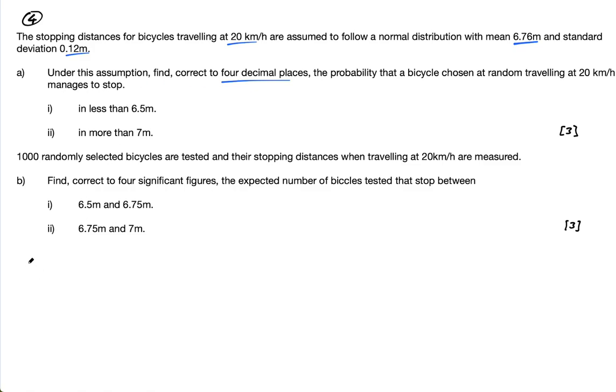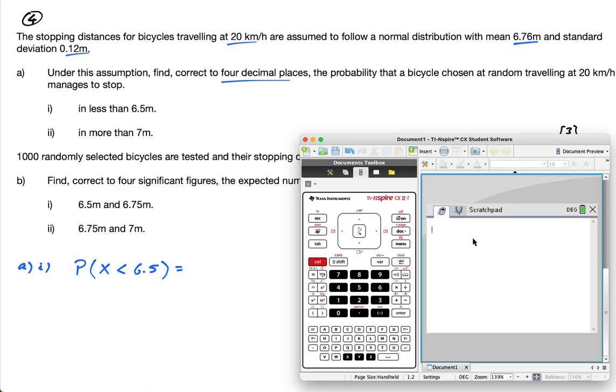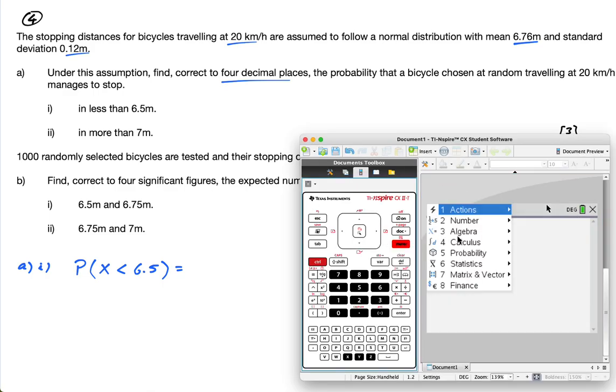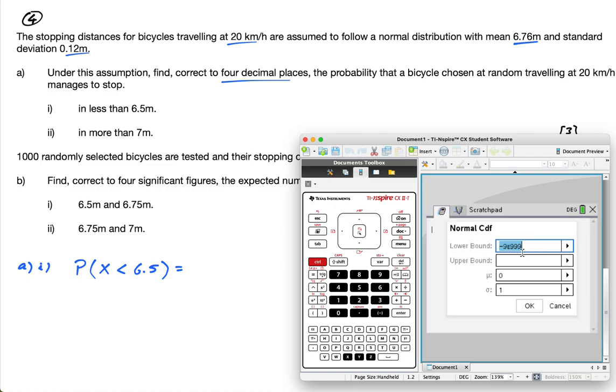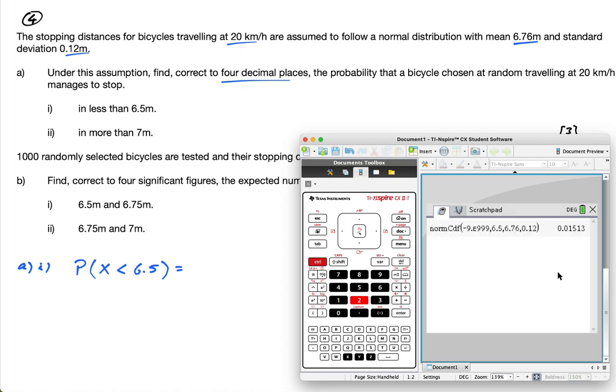Less than 6.5 meters. Okay, so this, guys, I think is not difficult. So I'm going to do the probability. We can just go with x is less than 6.5 is equal to... Take out your calculator, menu, probability, distributions, normal CDF. Our lower bound is minus infinity, which is already there, and our upper bound is 6.5. Our mean, we know, is 6.76, and our standard deviation is 0.12. Press OK, and we get